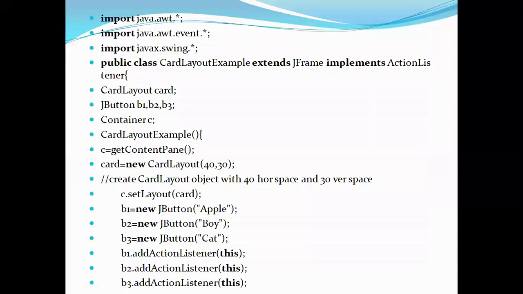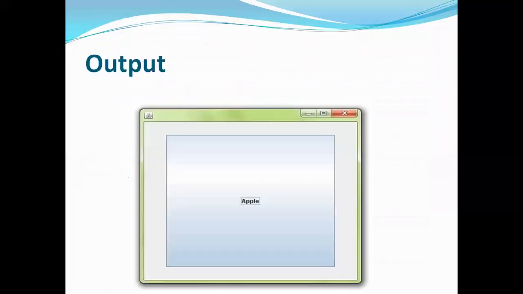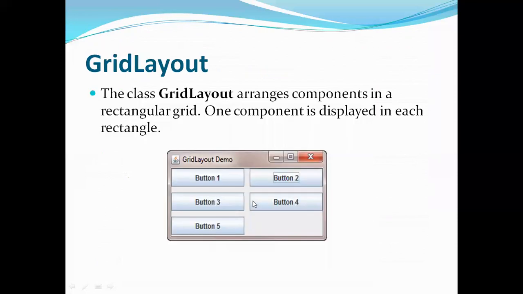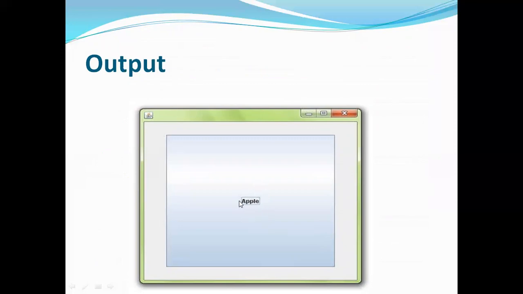We'll see one example, but before seeing the example, let's see the output here. We have a frame here. Inside the frame we have a blue colored window that we call a pane. Inside the pane you will have a card actually. This is our card, where it is printing some text like apple. This is only one value. If I press this card again, it should show the next text on this screen. If I press the second text here, it should show the third text likewise.